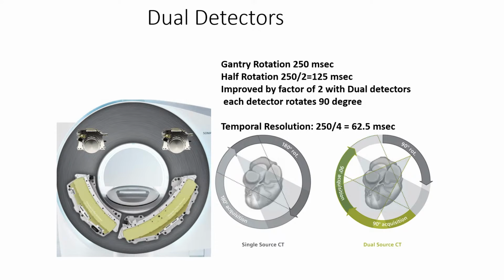So our temporal resolution is about 65 to 70. It's okay, but nowhere near echo or MRI. And that's why our EF assessment is always going to be lower,